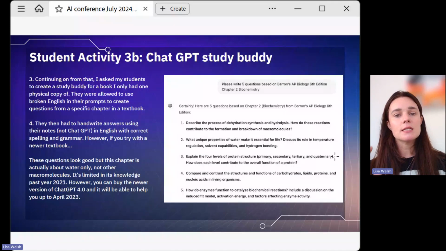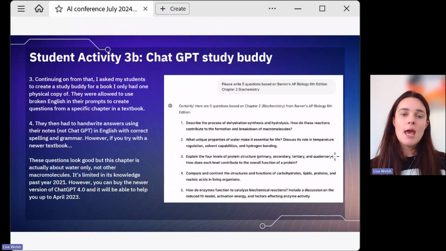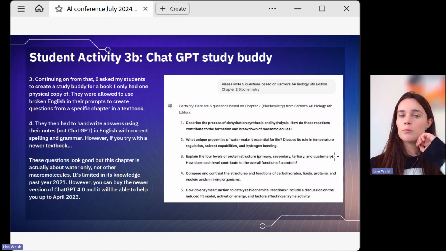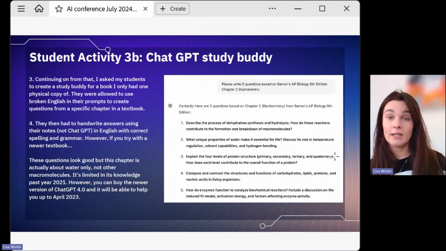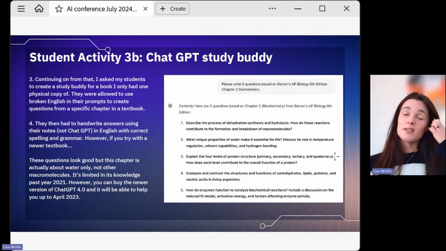The second part of the lesson, we were using ChatGPT as a study buddy. So in this particular lesson, we were using computers. As a teacher, if your students don't have access to a device, you can prepare this in advance. Now, even though I work in a school that's pretty well funded,